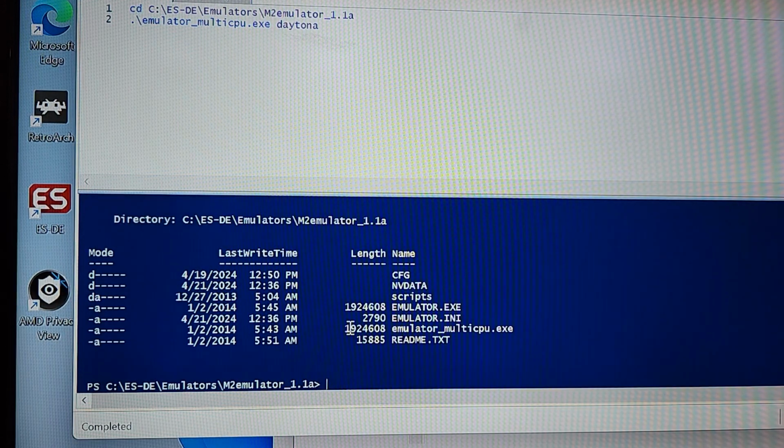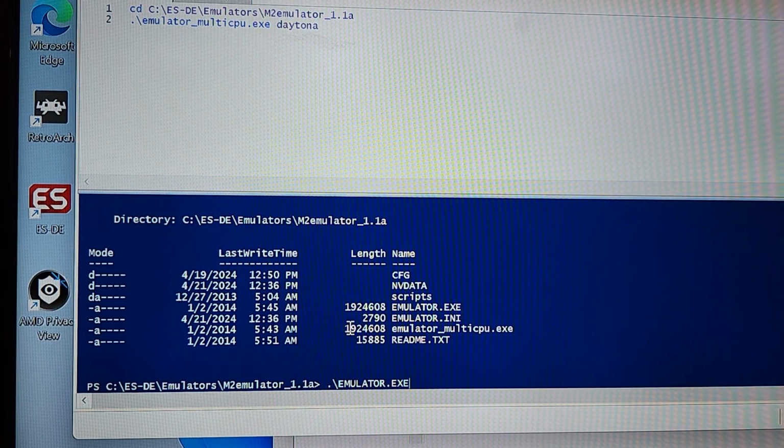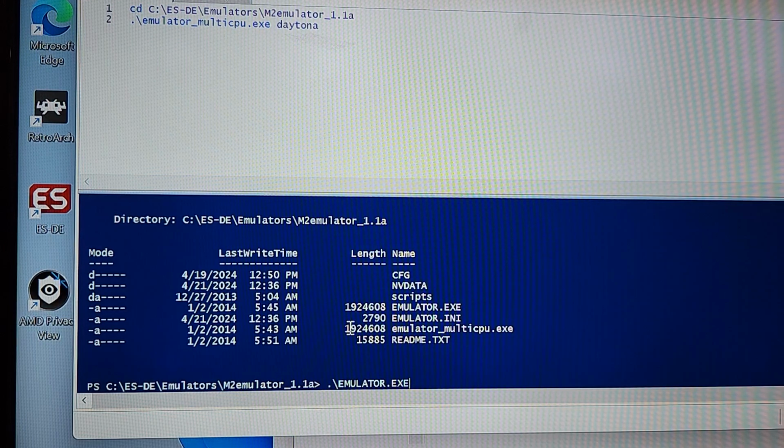Okay, so I want to type in emulators, and so the PowerShell script has become more like what you see in Linux, because you can hit ./ and then your .sh file or whatever it might be, and it'll launch it. So that's what this does now. So ./emulator.exe, and then I type in Daytona,